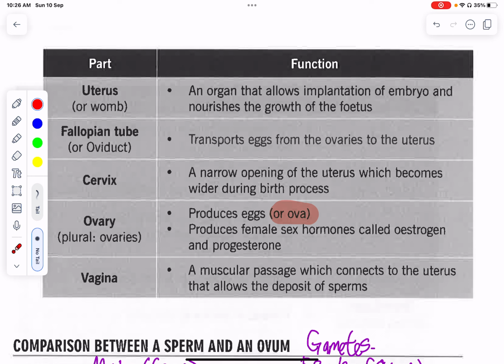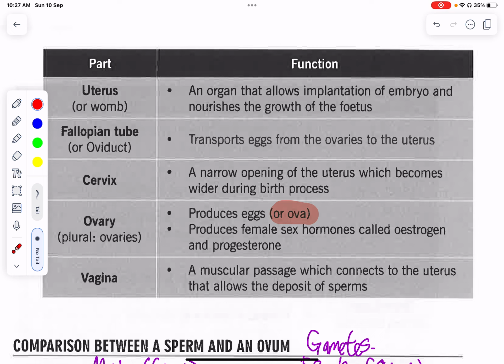So the sperm will travel upwards to the fallopian tube, meeting the egg there at the same time. The fallopian tube's main function is really to transport the eggs from the ovary to the uterus. And in the process of sexual intercourse, it will lead to fertilization. Next is the cervix, which is the narrow opening of the uterus, which will then become wider during the birth process. And the ovary tends to produce eggs, as well as the female sex hormones, which we call estrogen